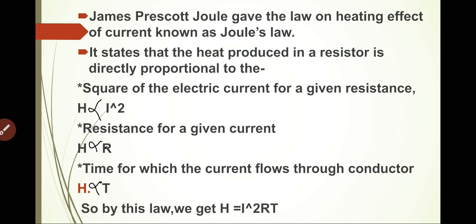Why do we take it in square form? In normal appliances, when we take normal current, it doesn't get heated as much as in heating appliances, because in heating appliances we use nichrome and tungsten, which already have high resistance. A larger amount of heat is required for heating appliances, and that is only provided when we square the amount of current. So we get the derivation of the heating effect as H is equal to I square RT.